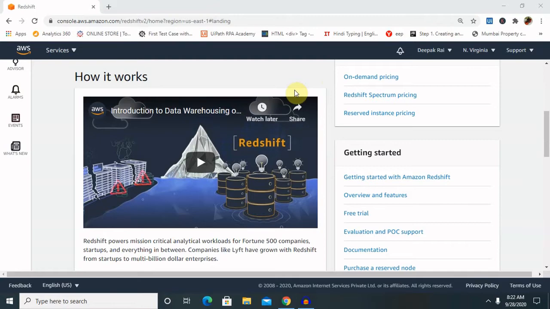In this session, I will explain what is Amazon Redshift, how we'll create it, and what is the advantage of